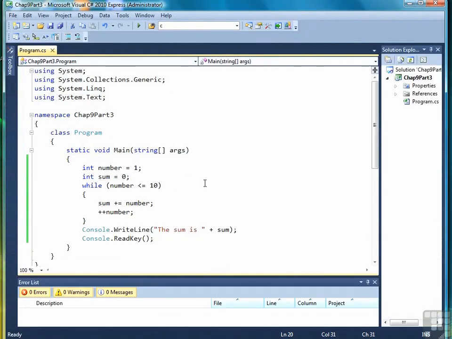So this is a count-controlled loop because we're controlling the number of times the loop is executed. The variable that does that is number, and it is again our loop control variable, so we'll add a comment here. The limiting factor is number less than or equal to 10. And the other key element besides adding to the sum would be the increment statement right here. Without that, again, the loop will be an infinite loop and never stop. But by incrementing number by 1, number eventually becomes 11, and 11 is not less than or equal to 10,